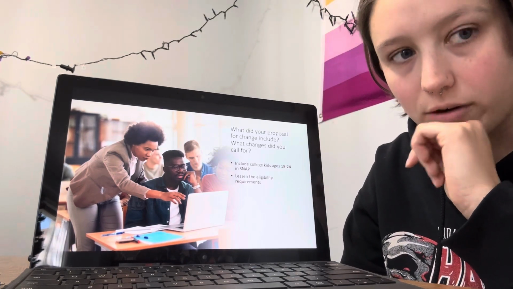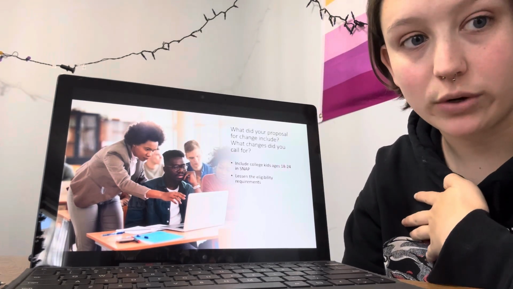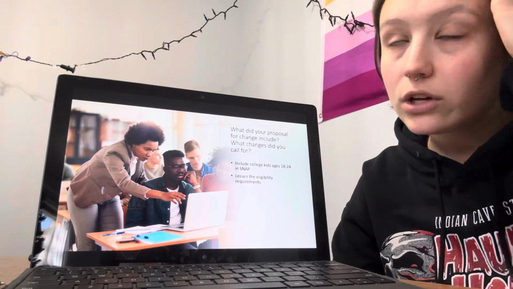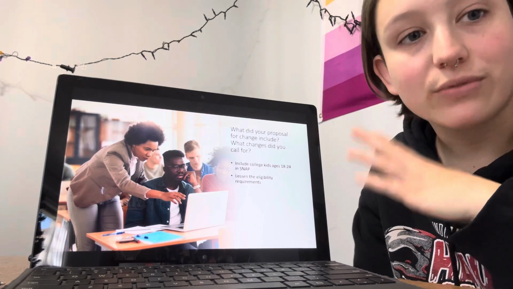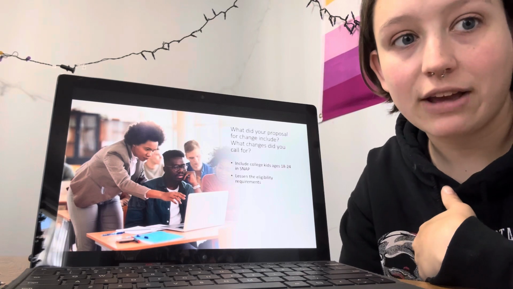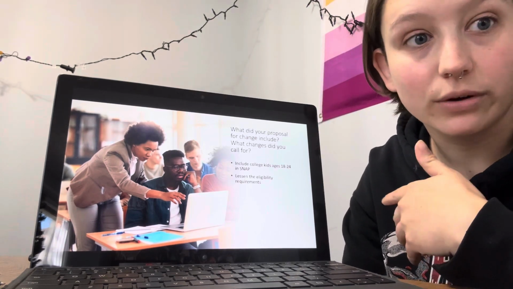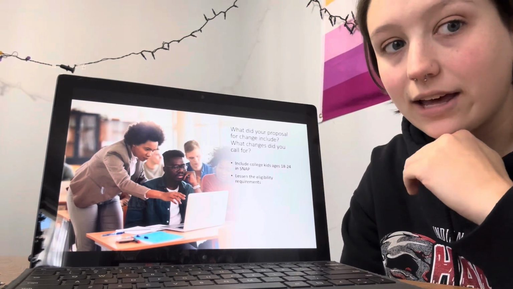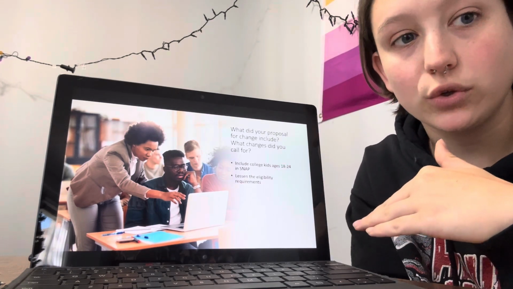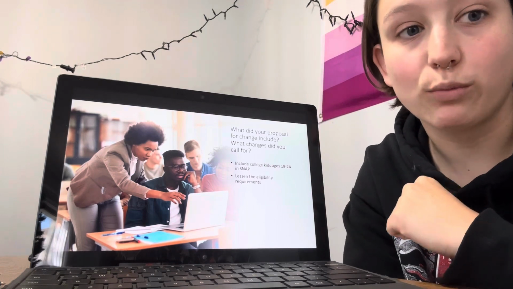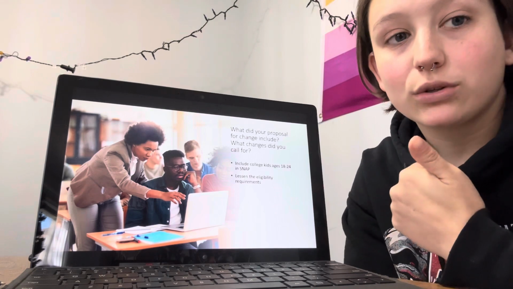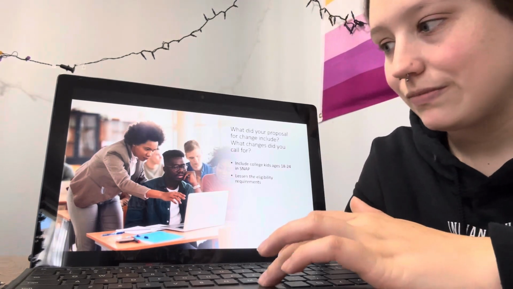And right now, it is very hard to qualify for SNAP if you are a college student, except if you have different factors, like you have kids at home, different things, you work 20 hours. Not everybody is able to do those things, but not everybody is able to do those things and afford food. So by lessening the eligibility for SNAP, you would be able to provide more college kids with more nutritious food rather than just eating ramen every night. They would be able to afford different types of food.